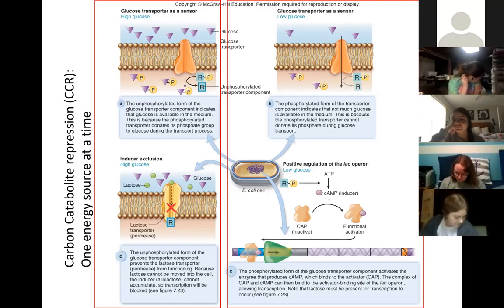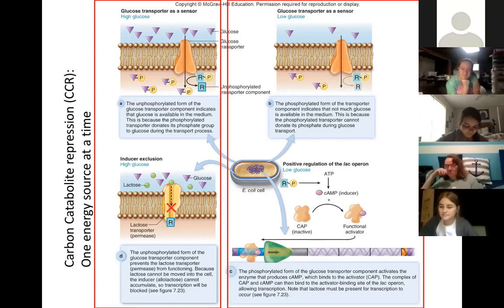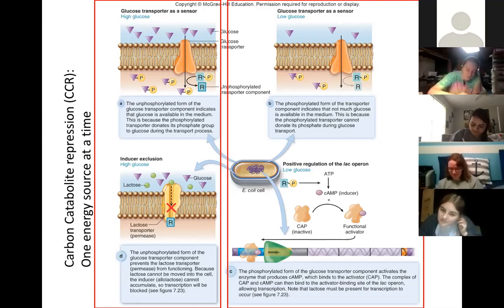Well, I guess I don't mind if it's in there as long as it's at the end and everything else before it is right. Deal? But carbon catabolite repression is basically referring to, and I have it written right here, one energy source at a time, right? So it is what is allowing a cell to focus on one organic carbon or one organic energy source at a time. Because again, it's not energy efficient to be going after multiple energy sources if you have an abundance of one, even in the presence of another.